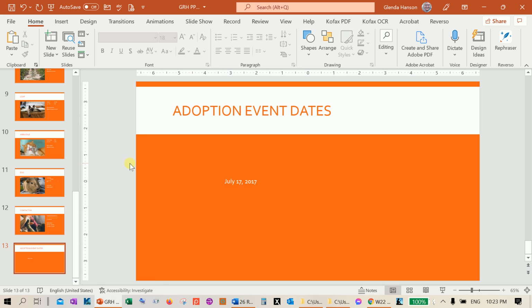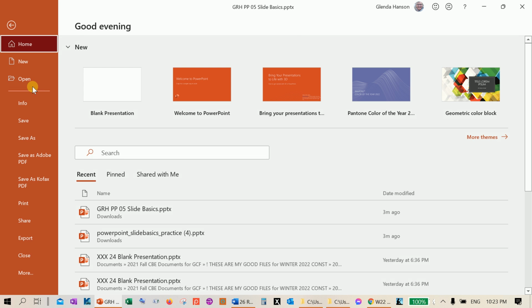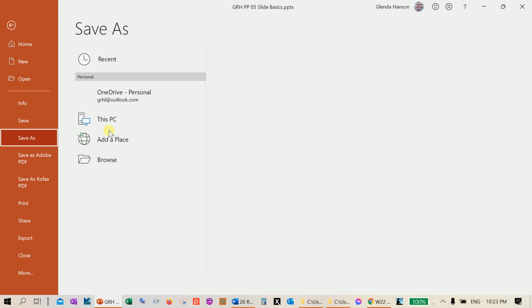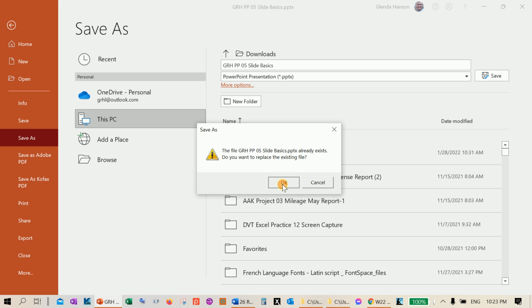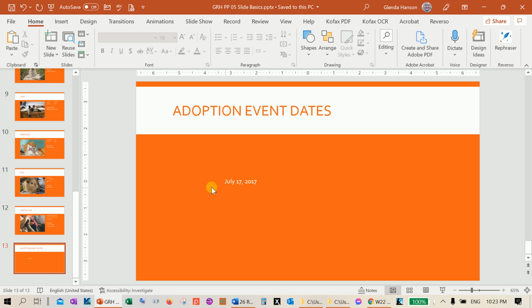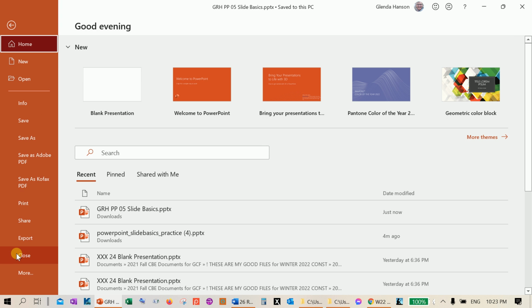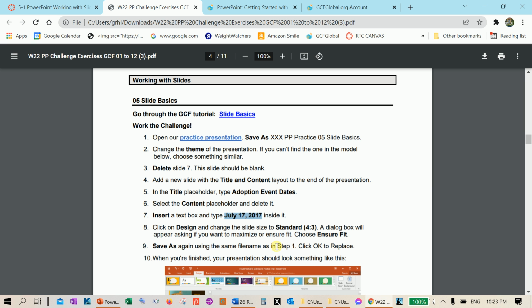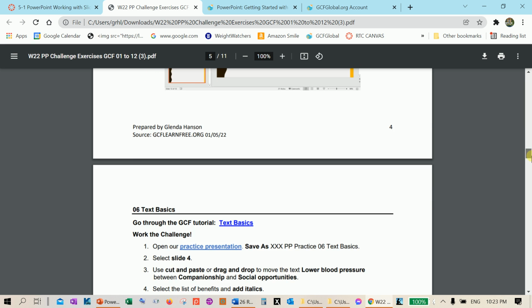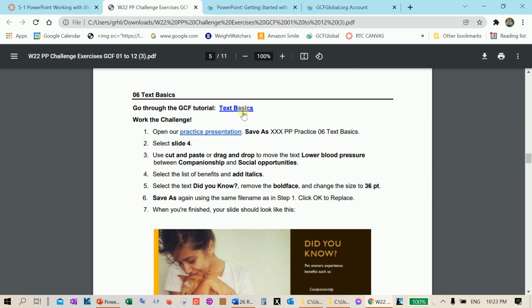Then I save it again. There might be a little more to do to it, but I do File, Save As. I've got the right name. I check the name of it and I say Save, and I replace it with my new version, and I can close this. I do File, Close, and I'm ready to do the next assignment. So there's a few other little things that it wants you to do if you can follow those. Then the next one, you watch the video,